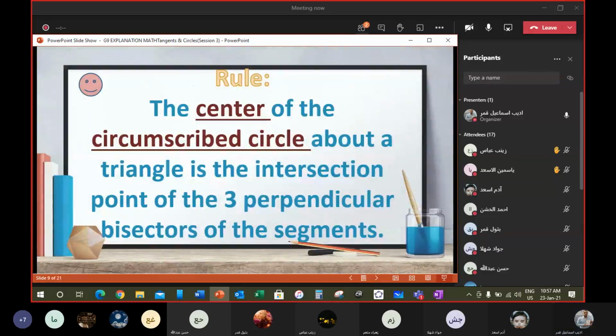Okay. The center of the circumscribed circle about a triangle is the intersection point of the three perpendicular bisectors of the sides. Okay. كمان فينا نرجع